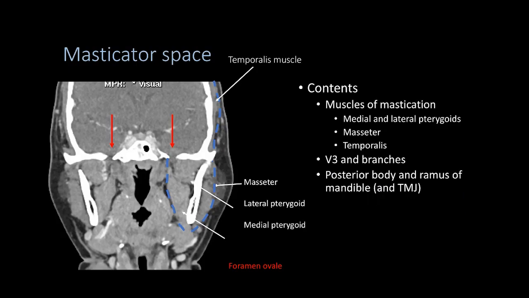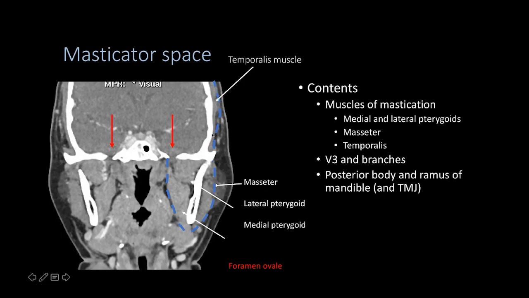So in the masticator space, we have our four muscles of mastication. Those are going to be the medial and lateral pterygoid muscles. The lateral pterygoid is the more superior of the muscles, and the medial pterygoid is the more inferior. Both of those muscles are located medial to the mandibular ramus. The masseter muscle is located lateral to the mandibular ramus. And then here we see a portion of the temporalis muscle, and you can see that suprazygomatic extension of the